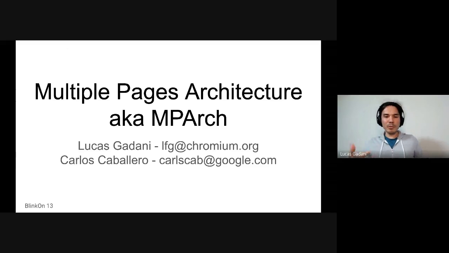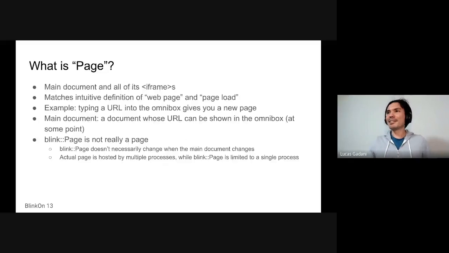So when we talk about multi-page architecture, I think the first thing that is important, to make sure that we're on the same page, pun intended, is: what is a page? A page is a collection of a main document and all of its iframes. So it's kind of a tree structure where you have a main document and a bunch of subframes. When you're talking about spec, we call this a browsing context and a nested browsing context, for the page and for the iframes. So it matches the intuitive definition of